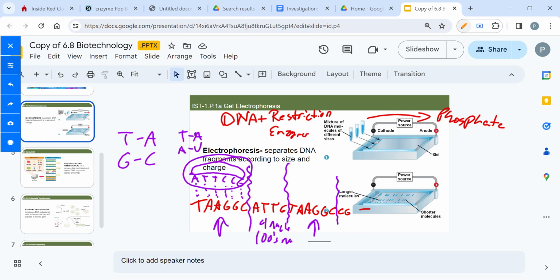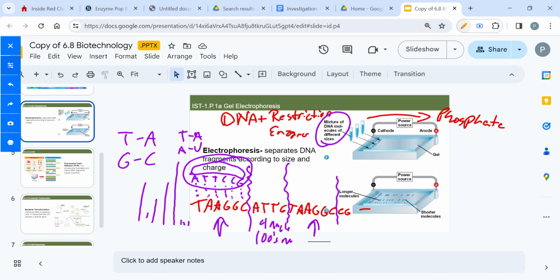So it's going to cut the DNA into many different sizes. You'll have long pieces, short pieces, medium pieces, more long pieces, even longer pieces, and maybe a bunch of little tiny shorter pieces. It doesn't really matter, just that the restriction enzyme ends up breaking it. That's what we're saying here: the DNA molecule in different sizes is due to these restriction enzymes. And now what happens is that